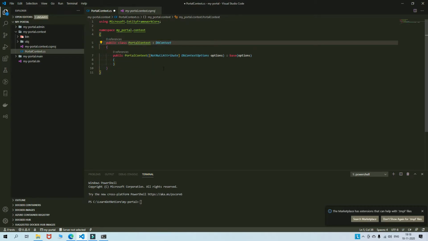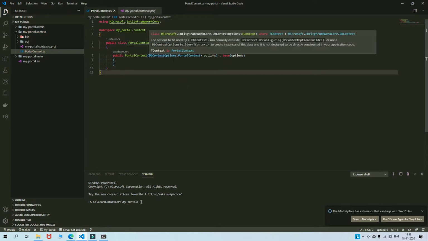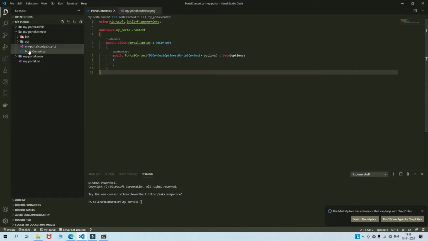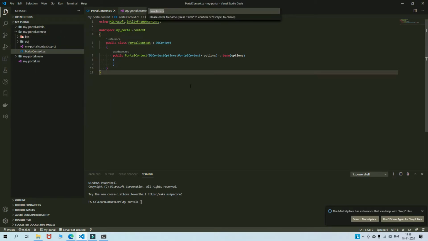and generate the constructor and change the constructor. Just make this update, save it. We should see that the error is gone. Now we'll create another class for user,